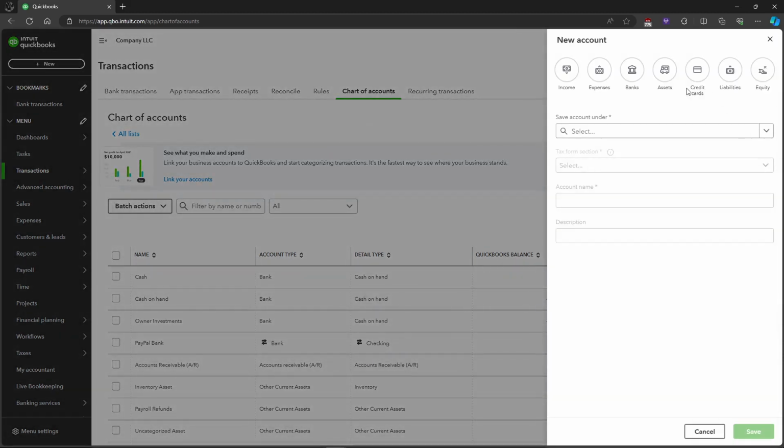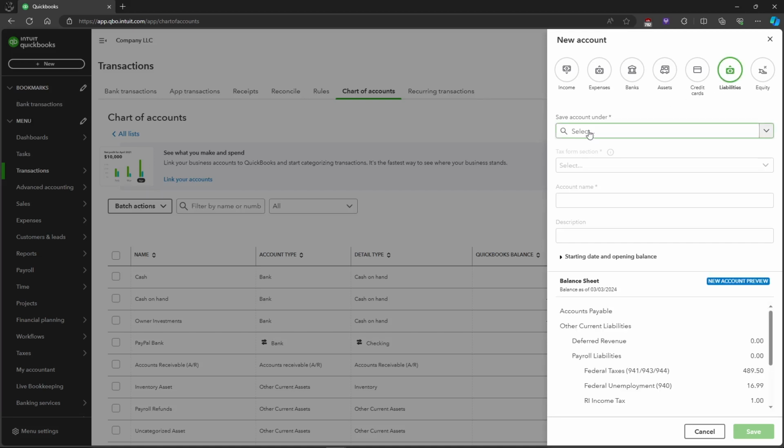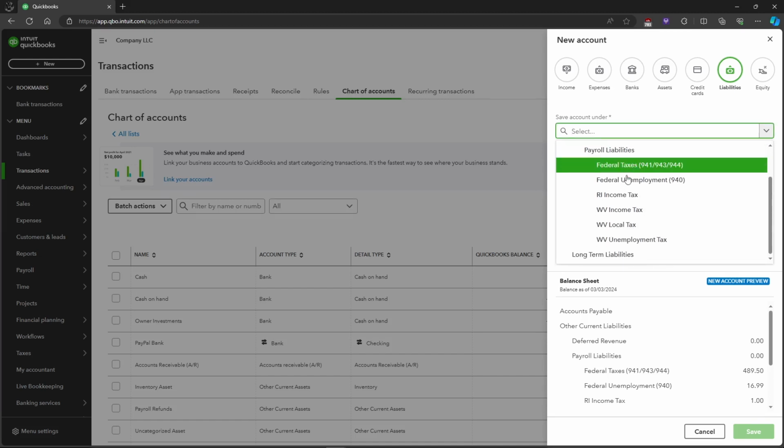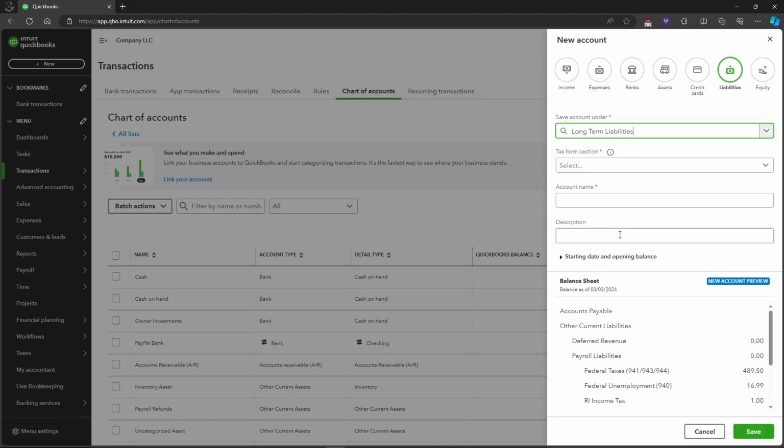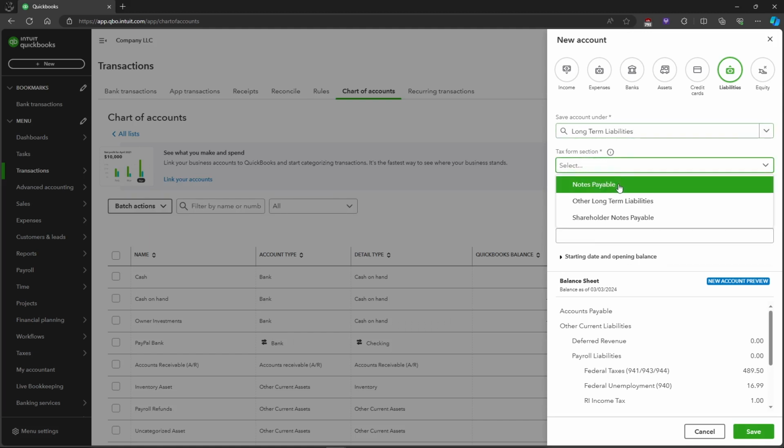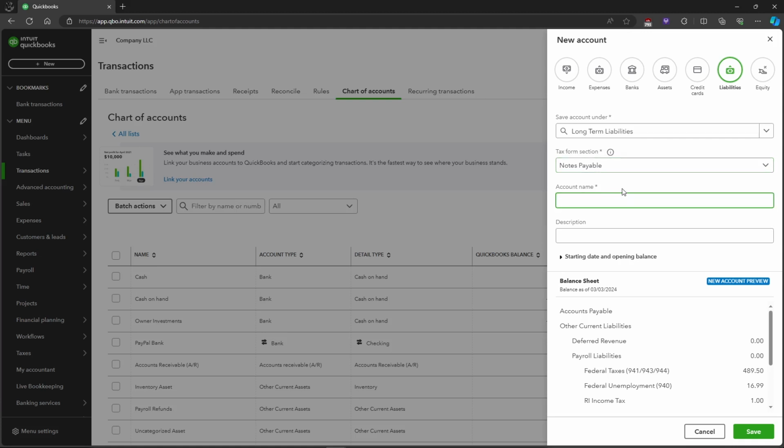Then click on New. As an example, we'll be creating a liabilities account, and you can select where to save your account under. So I'll just choose long-term liabilities, and in the tax forms section I'll just put in notes payable, and you can also put in an account name. So as an example, I'll be putting in long-term loans,